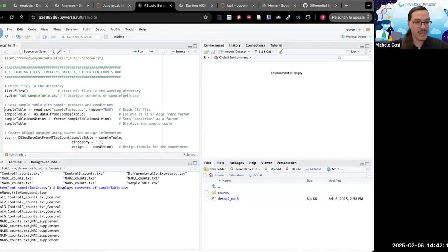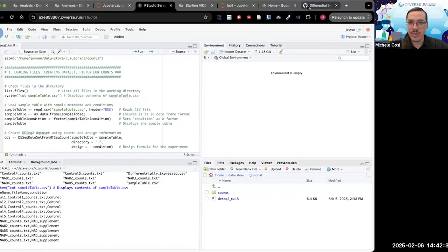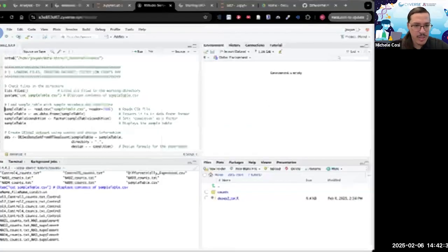Also, I've not mentioned this before, I should mention this now. We have 4 controls and 4 treatments. These treatments are for NAD, which is a quite important